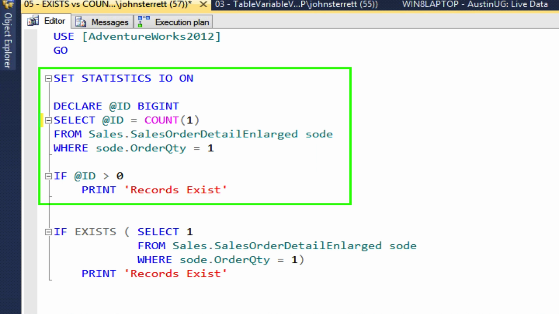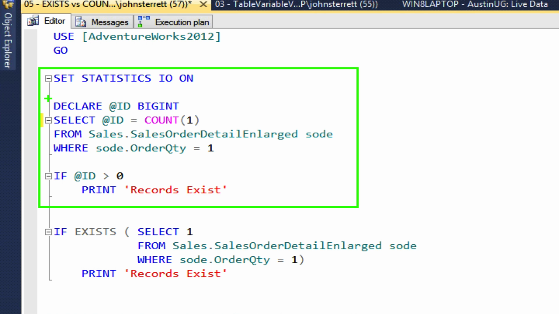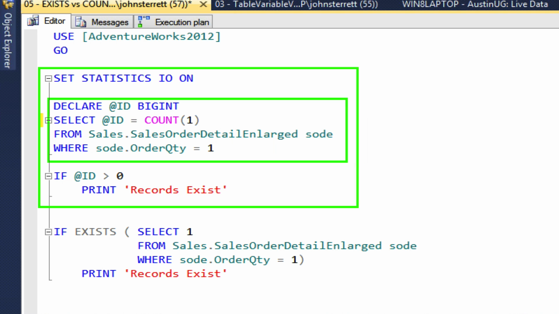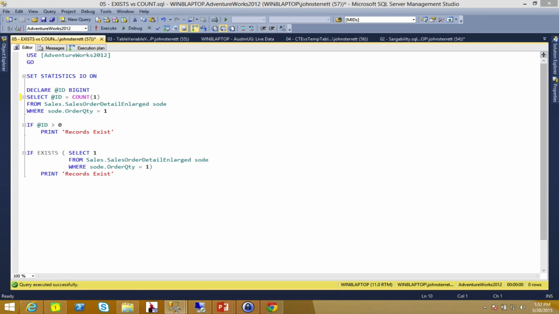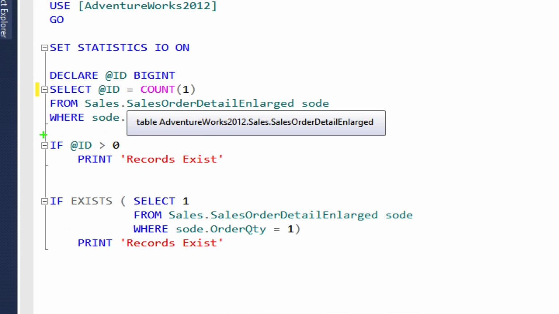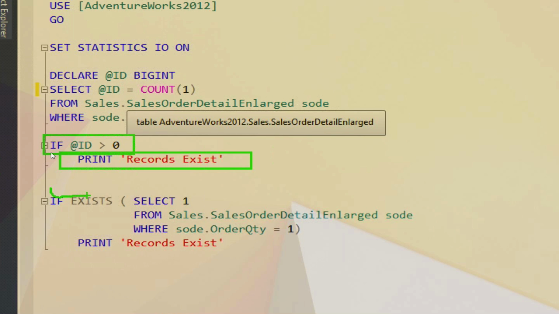Okay, so as I was mentioning here, I see this repeated over and over in the field, where we're doing a select statement to figure out how many records exist. So I have that count in there. And if we have records, whether there's 1 or 1,000,000, we're going to do a whole bunch of stuff. This is where your code really starts and goes on all kinds of fun adventures. For us, we're just going to print that records exist. Now, in SQL Server, you can use a terminating function called if exists. And so the big difference here is